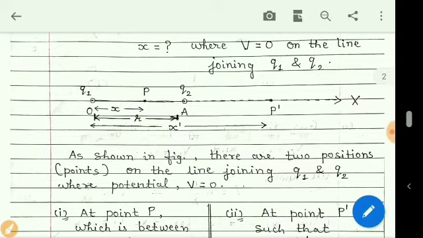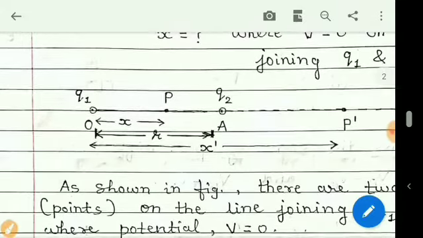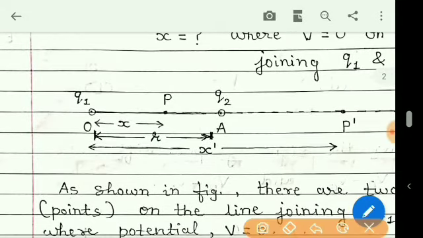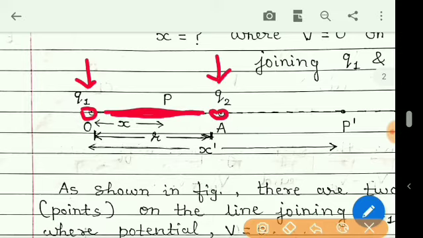Now students, one more thing, if both the charges were positive, here this was positive in this case and this was negative. But if both are positive, then we cannot find any point on the line joining Q1 and Q2 where the potential is 0,